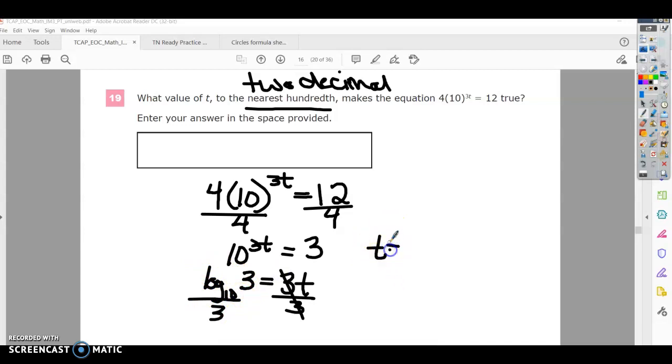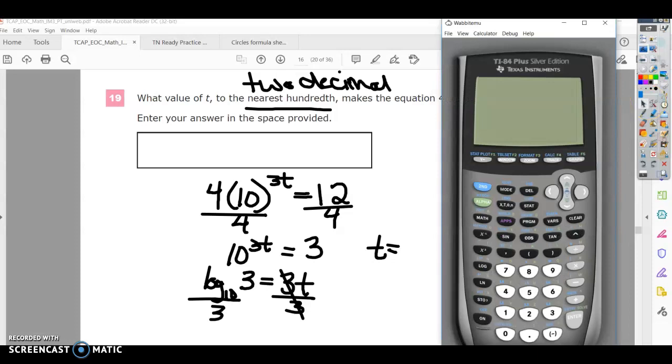All right, so let's look at our calculator. All right, so with our calculator, we're going to turn it on. Let's clear out the graphs here. All right, so we need to plug in log base 10 of 3 divided by 3. So I'm going to do log